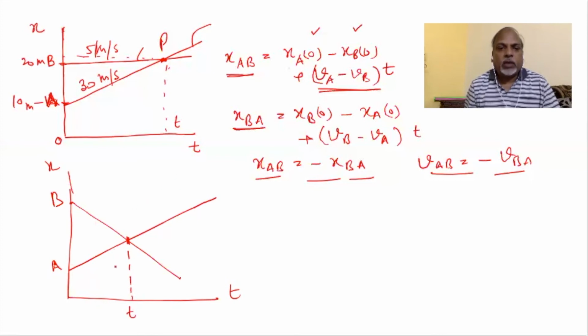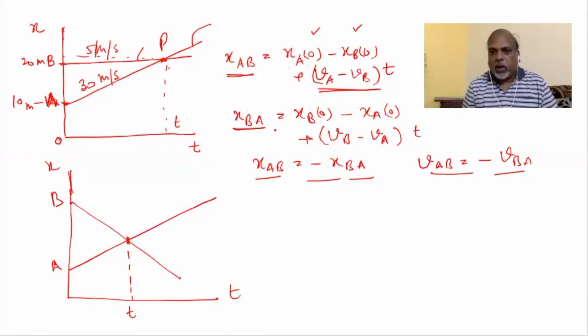So this is the philosophy. The same formulas can be applied here also, and you can find out. So basically this is all about what NCERT has given regarding relative motion in one dimension. Relative motion in two dimensions we are going to study in the next chapter. But for one dimension this is sufficient, but you must understand this thing.